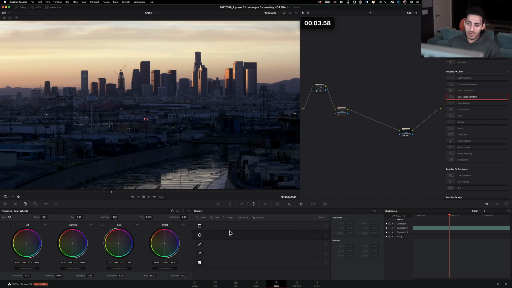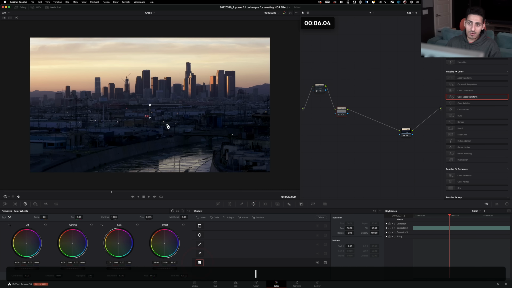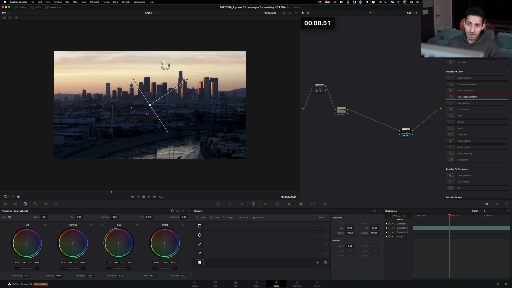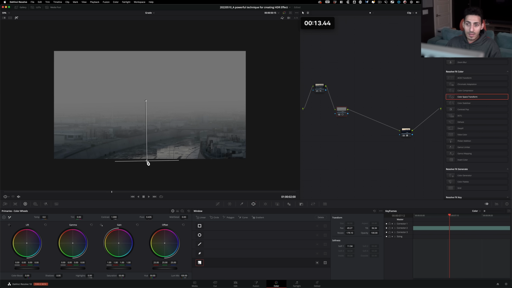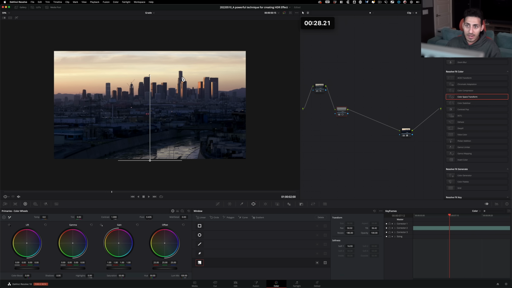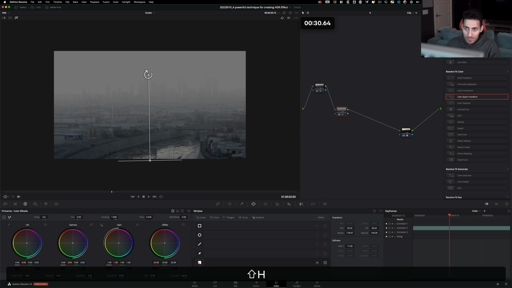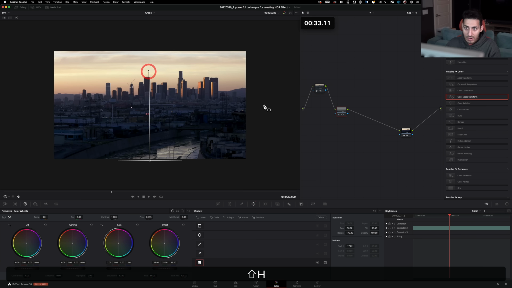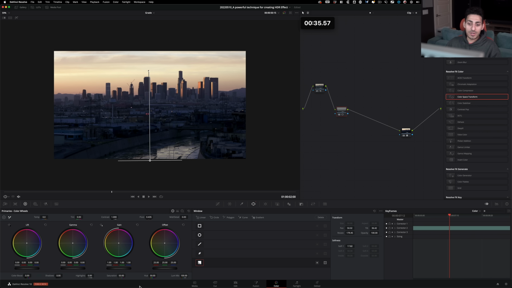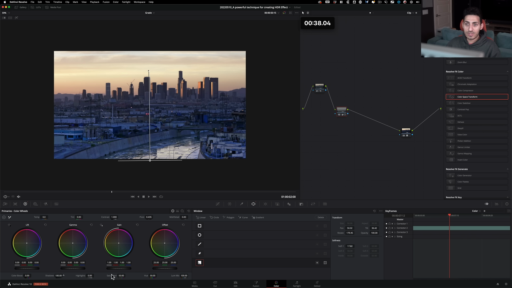So what you want to do is go under your windows, click on the grad, which is the gradient window right here, flip it around and raise it up. I'm going to hit Shift H to see what we can capture on our screen. Basically, what are the areas that we're going to be affecting. And I'm going to keep it somewhere around here, like select half of the buildings, as you can see there. And now we want to hit Shift H again. And you know what? Shift H, raise it up a little bit more, somewhere around here, and now come out of it. And at this point, what I want to do is grab my shadows and start raising them up,